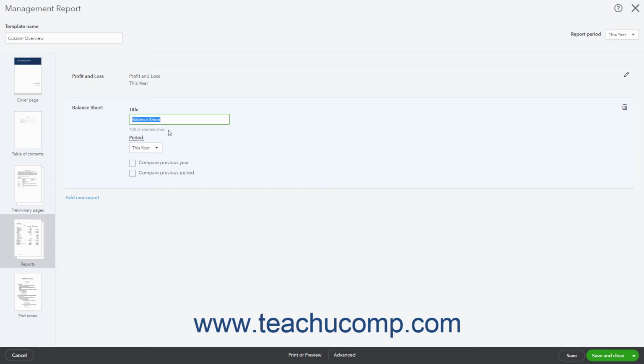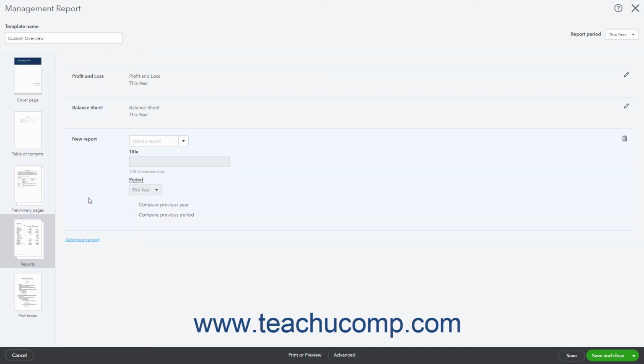To change the report's title or reporting period, type a new title into the title field or select a new period from the period drop-down. If available to compare the period to the previous year or period, check the Compare Previous Year and/or Compare Previous Period checkboxes as needed. To add a new report, click the Add New Report link at the bottom of the